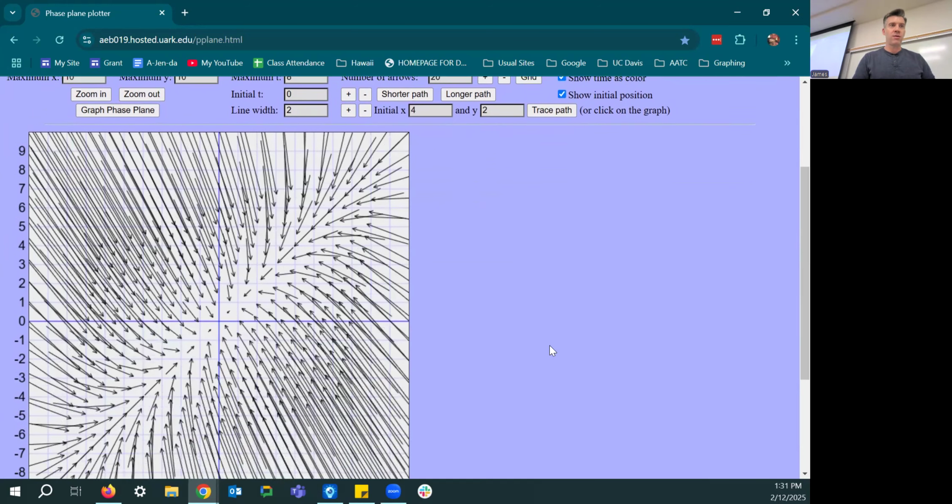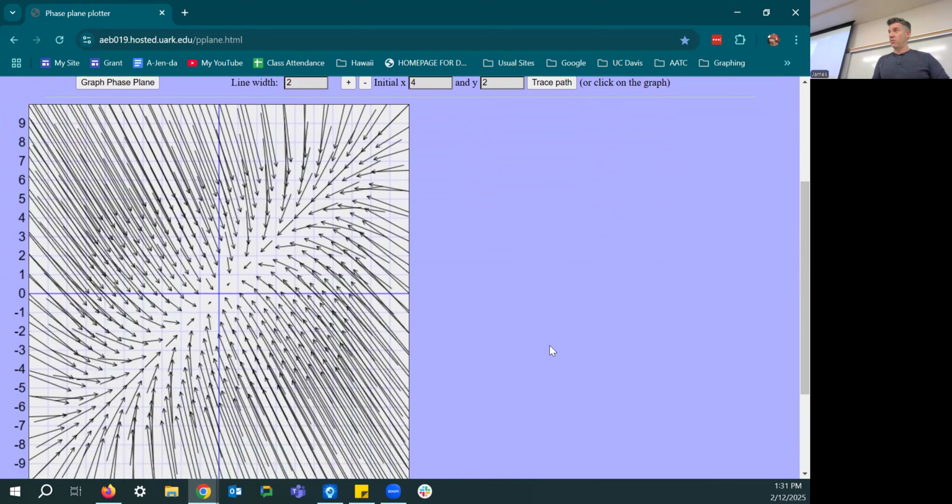Much better. Right? Now everything is pointing inwards. So we can see our eigenline here of y equals x. And what was the other eigenline? Y equals negative 2x, which is a little harder to see, but you can kind of see that along the line y equals negative 2x, we're pointing straight in as well. And then if you pick an initial condition, like say 1 comma 6,